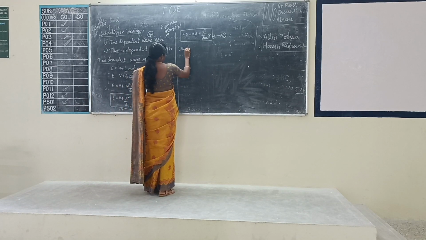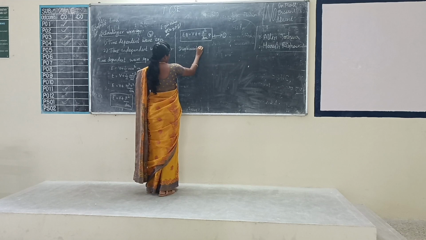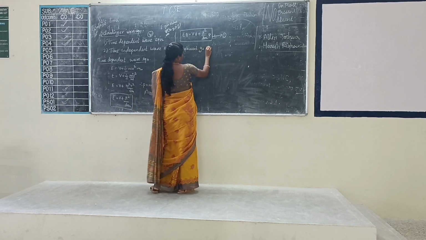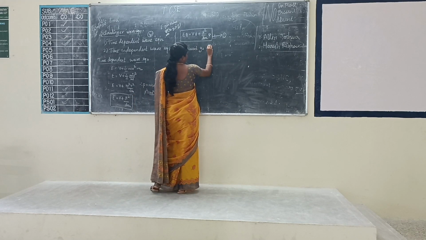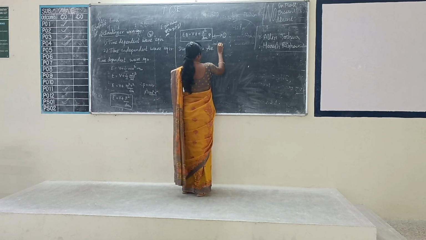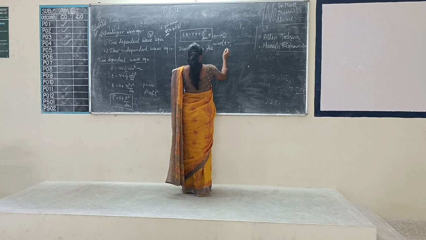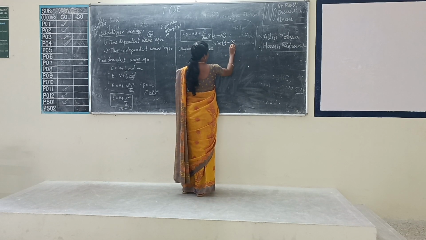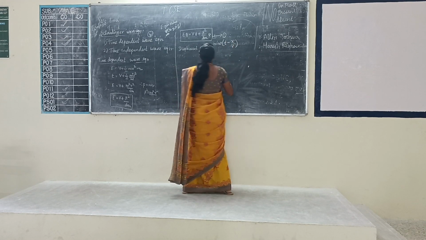So listen, displacement is nothing but y equals A e power minus i omega t minus x divided by v. So listen,